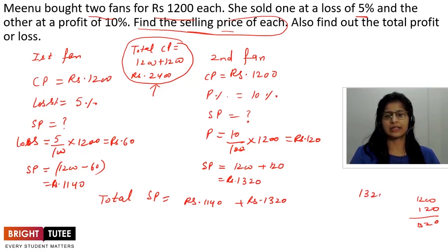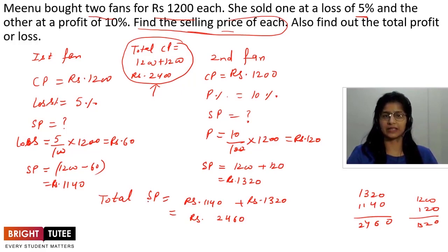So let's add 1320 and 1140. How much will we get? 6, 3 and 1, 4, 2. 2460. So this is total SP and this is total CP. So CP is lesser, or say SP is greater. So when selling price is greater, definitely we are at profit. So what will be